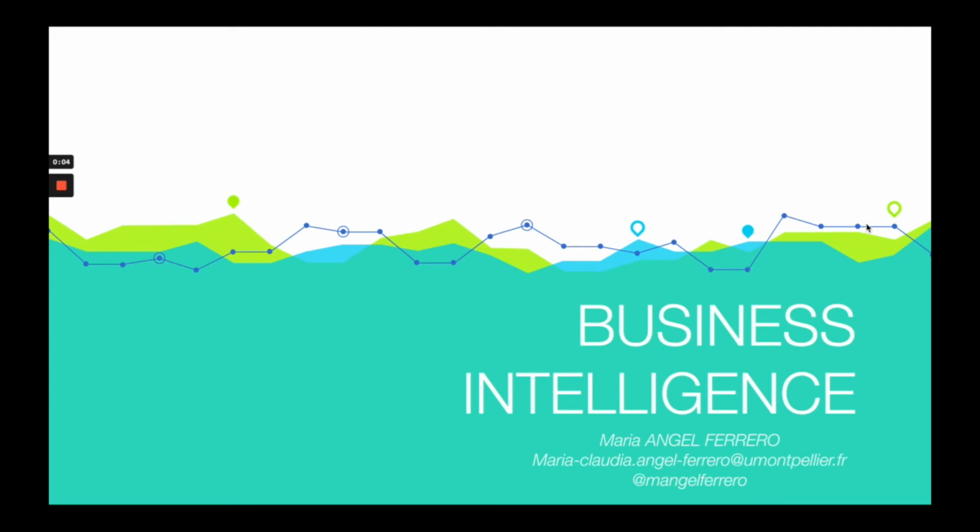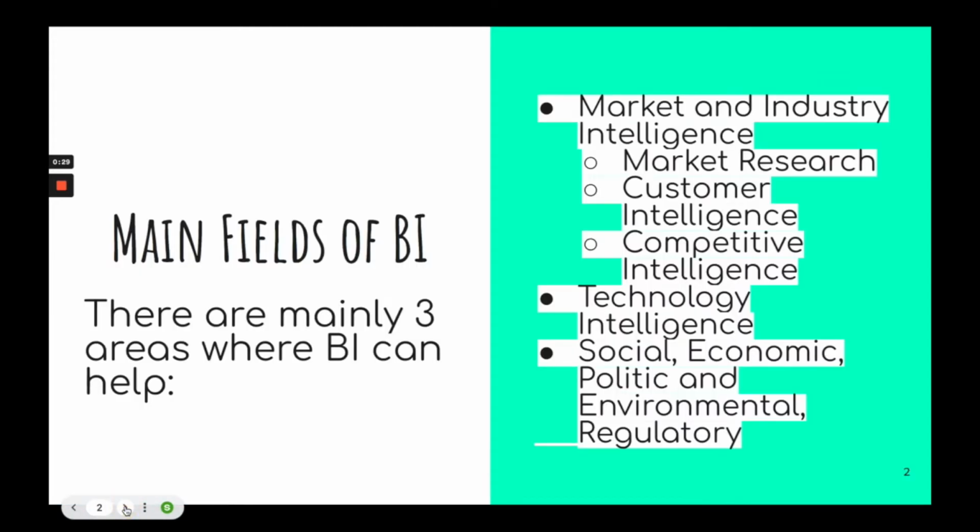So today we are going to talk about the different fields where business intelligence can help in a startup or an organization managing an innovative project, and how it can help to make better decisions and build better startups and better projects. So business intelligence can mainly help in three areas: market and industry intelligence, so everything that has to